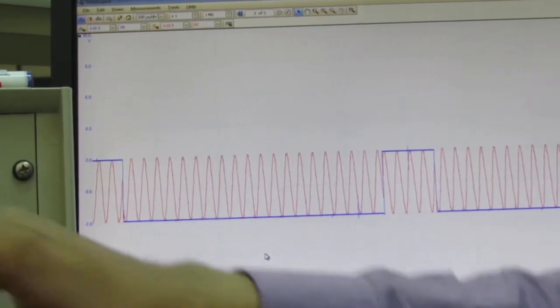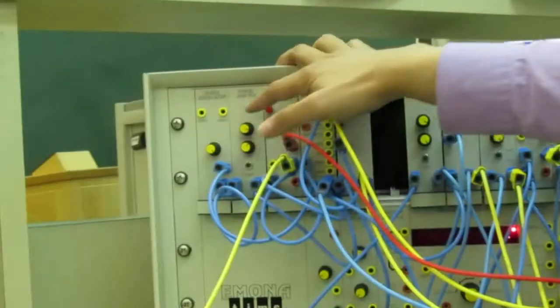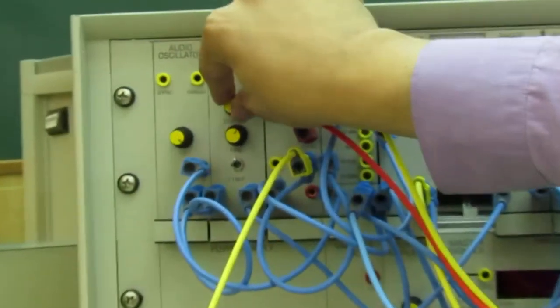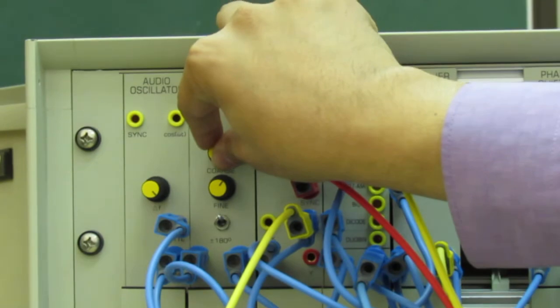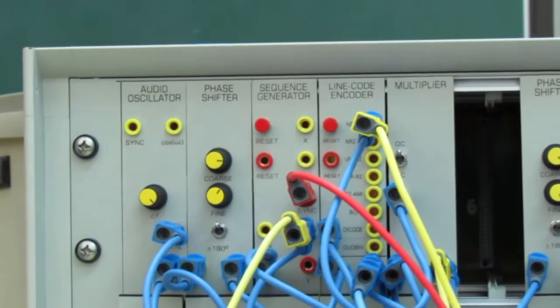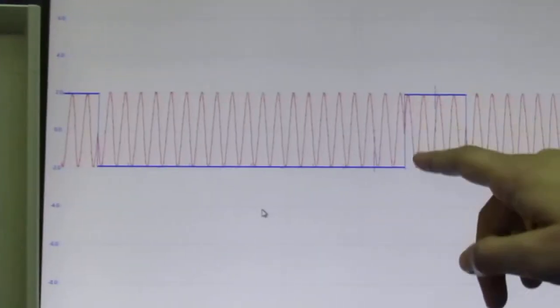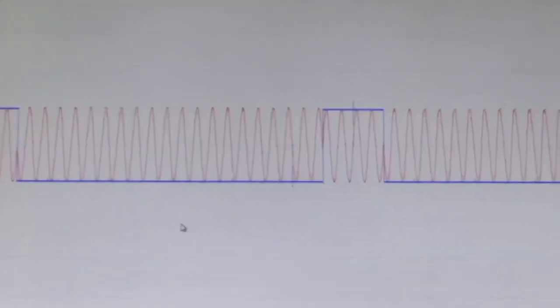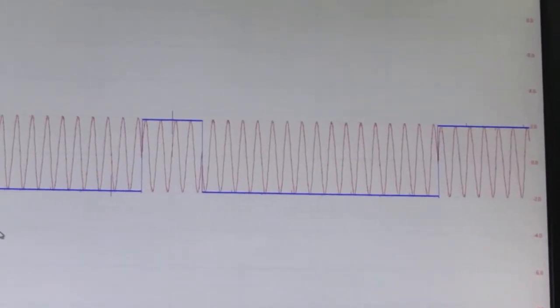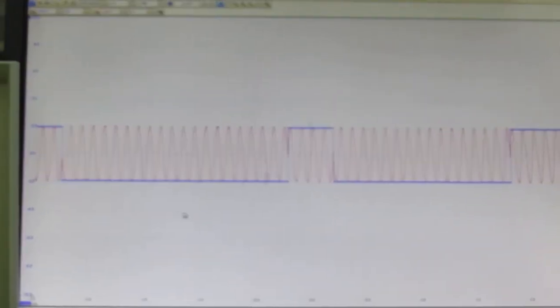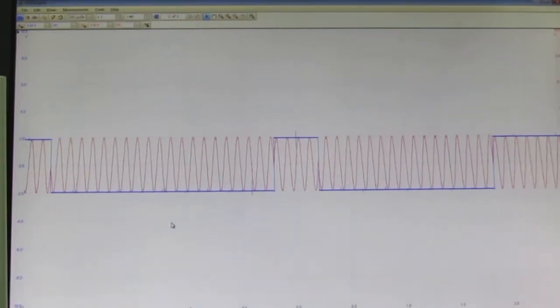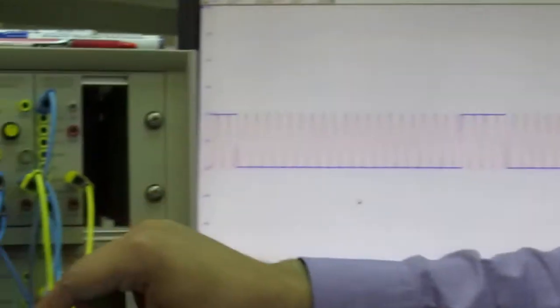We will use our phase shifter that is connected to the modulator to make sure that I have a good M and a good W. Okay, just tweaking a little bit, you see that I have a good W and a good M, good W, good M, right? All right, now let us look at the